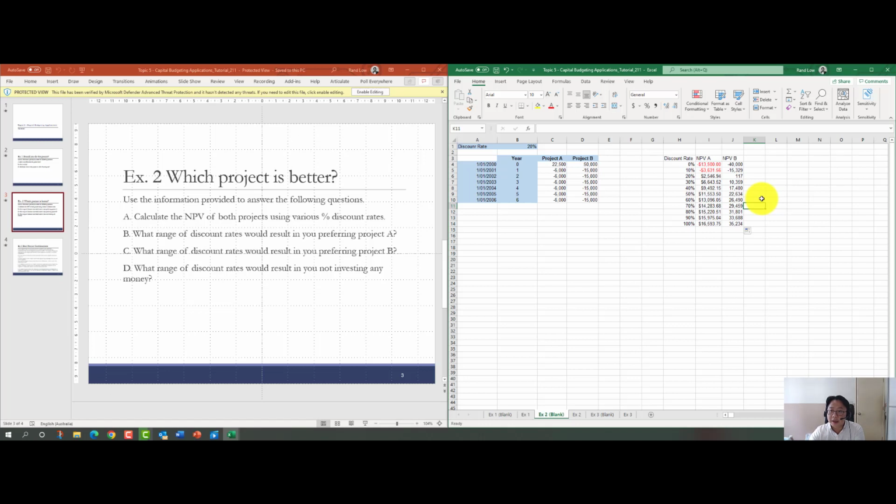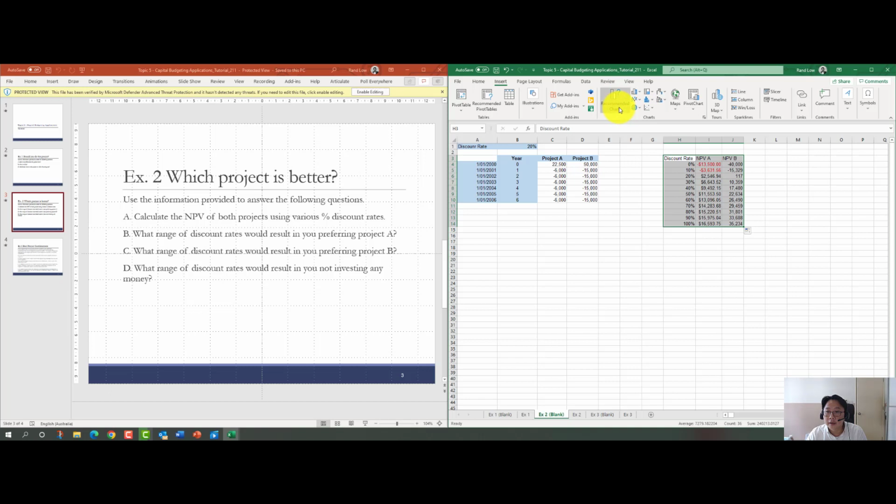Okay, so basically we have the discount rates and the NPV profiles for A and B, right? So what we can do now is select all of that, insert chart, and